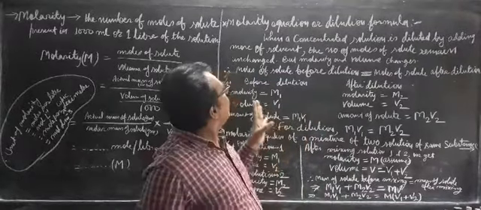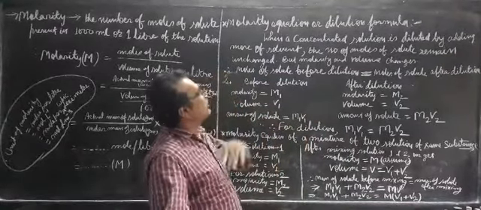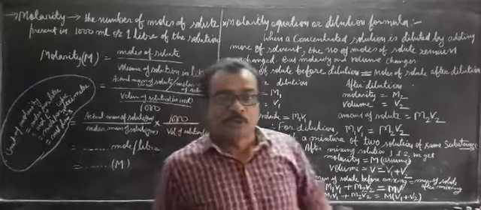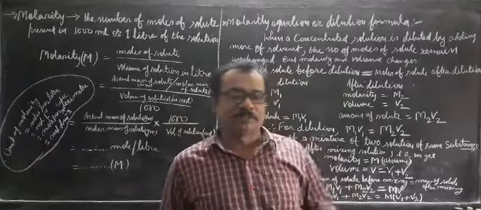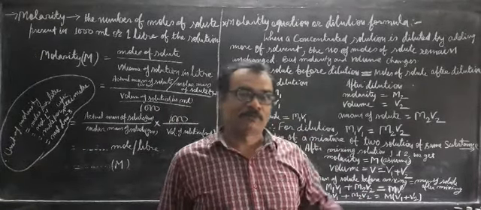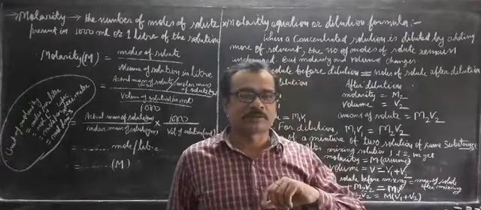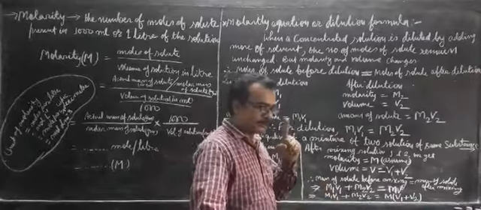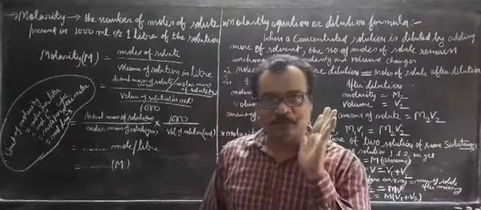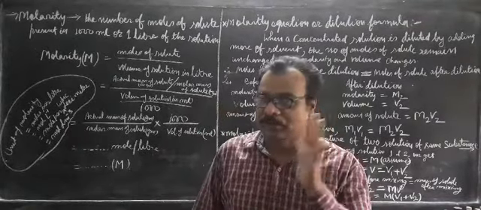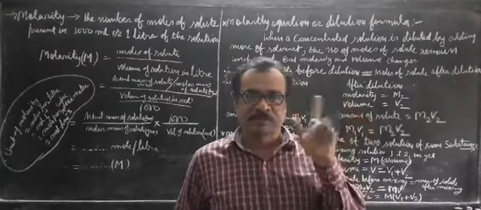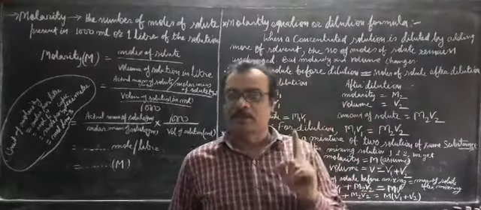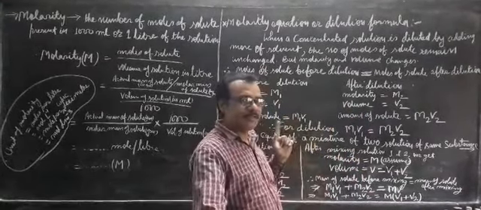So now we will discuss how to find out the molarity of a new solution when it is diluted from the concentrated solution. In that case, after the dilution, the total amount of solute remains the same. You should remember it. It will not get changed. On that basis only, what are the changes taking place?